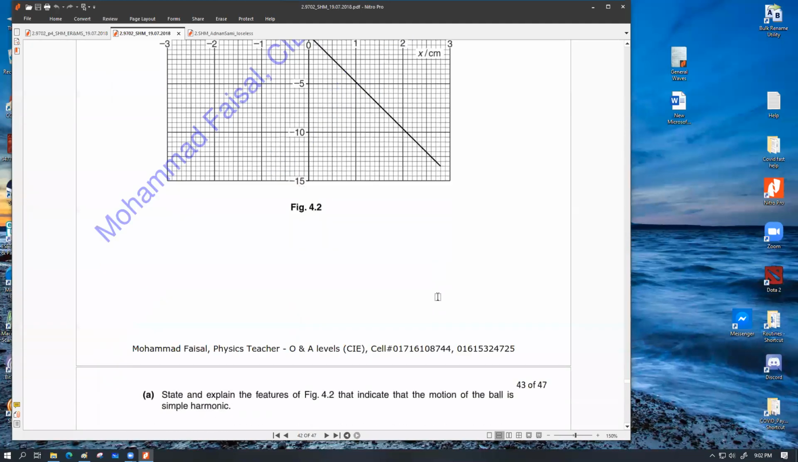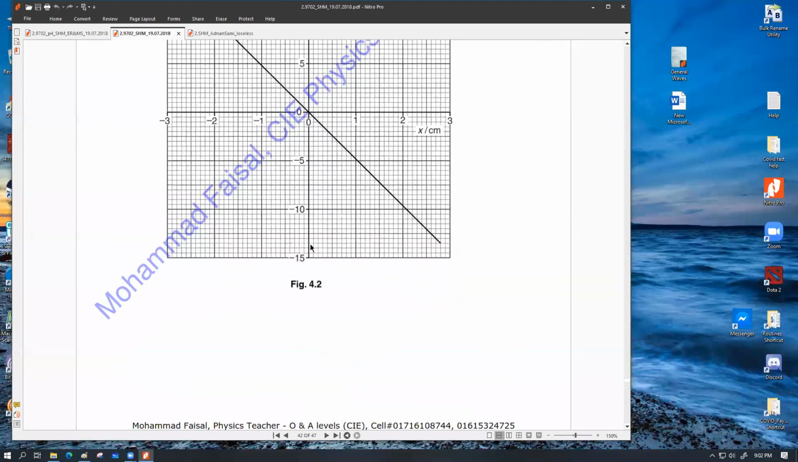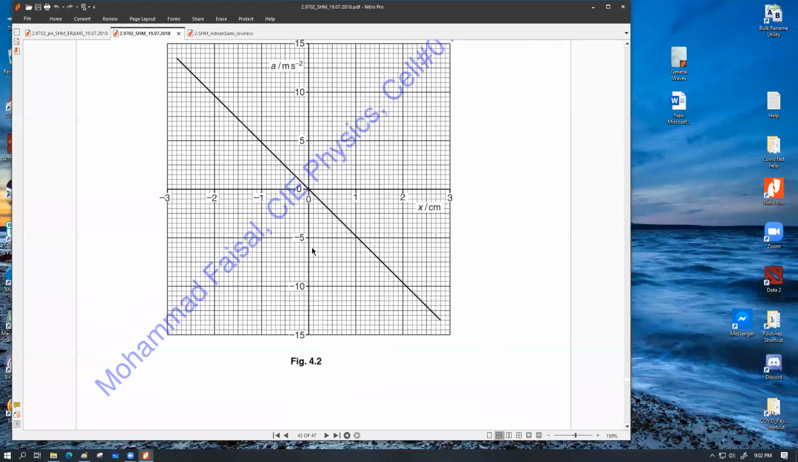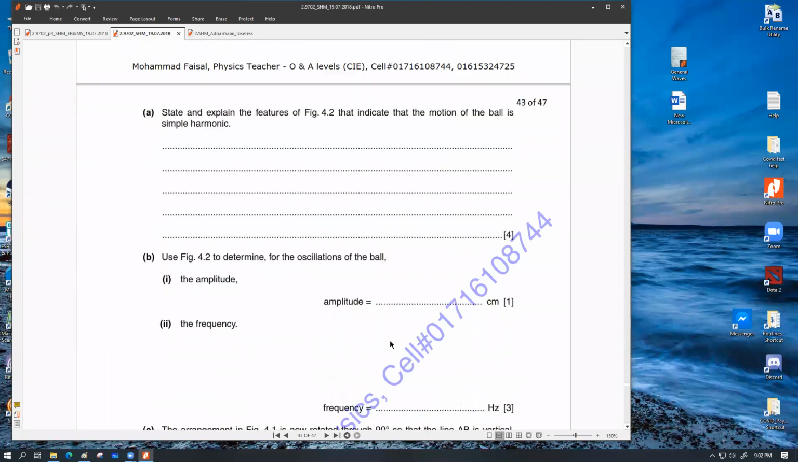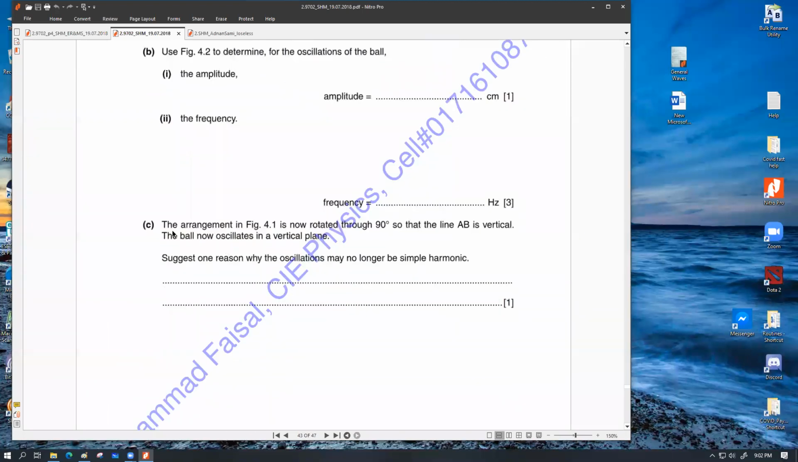ও আচ্ছা স্যার, তখন এই গ্রাফটা বুঝতাম না। হ্যাঁ, আচ্ছা, আর ফ্রিকোয়েন্সি বের করার জন্য ক্যালকুলেশন করা লাগবে, সেটা হচ্ছে a max equals omega a, or rather a max equals minus omega square a. So you're gonna place these two values in this equation, matching plus minus, so ultimately your omega will come out. বুঝছো তো? হ্যাঁ স্যার। আচ্ছা, সি নাম্বারটা খেয়াল করো, সিতে বলছে the arrangement in figure 4.1 is now